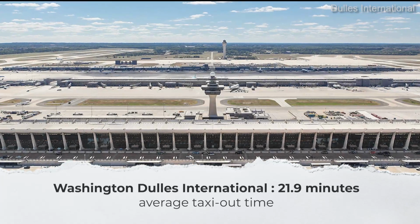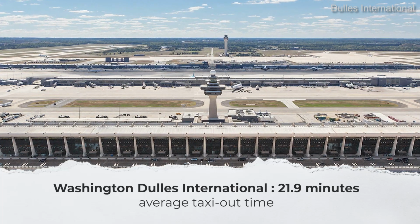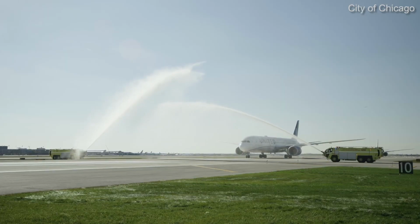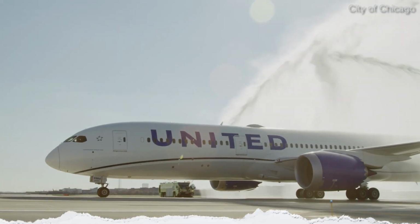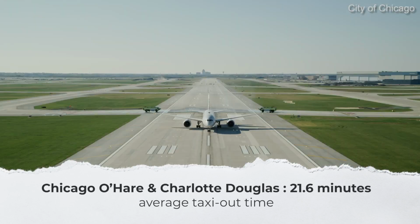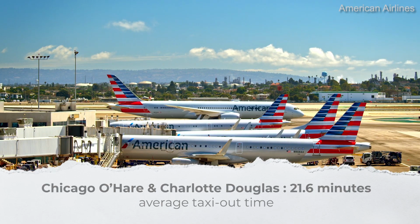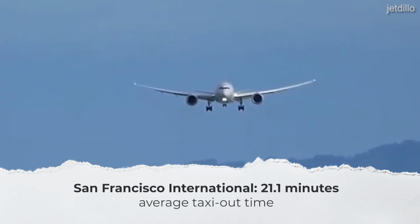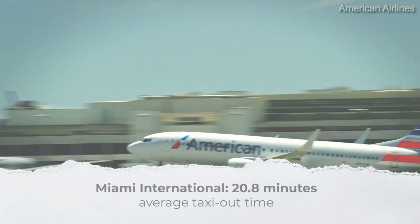Washington Dulles International Airport, or IAD, comes in a close third with an average of 21.9 minutes. Meanwhile, Chicago O'Hare, or ORD, is also in the above 20 club with an average of 21.6 minutes. O'Hare shares the fourth spot in the US with Charlotte Douglas International, or CLT. Right behind them is San Francisco International, or SFO, with 21.1, Miami International, or MIA, at 20.8, and Dallas-Fort Worth,